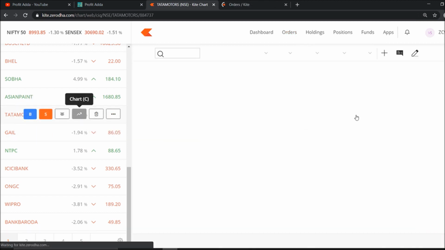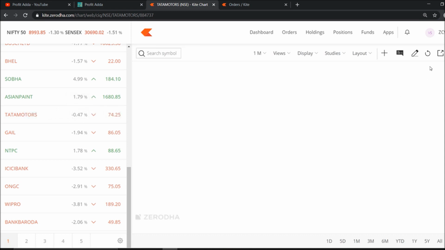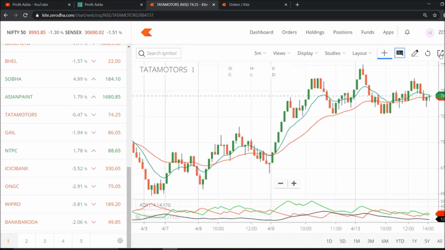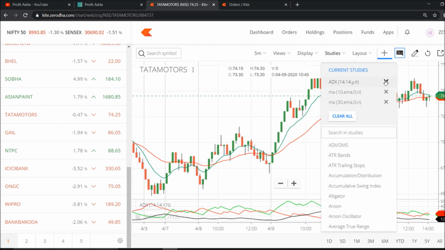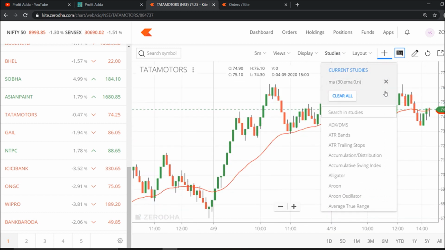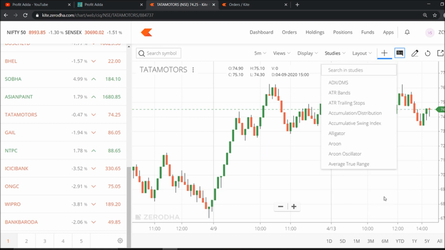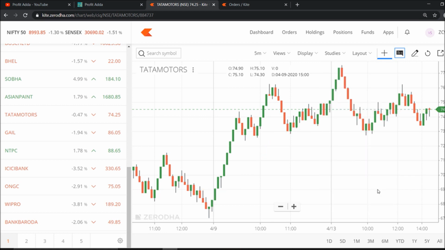Okay, so here the Tata Motors is there. Here I will explain that logic, what I am doing here. We will remove each and everything here, and I will show you.